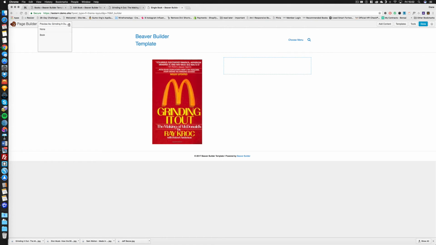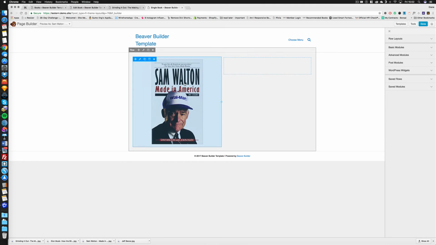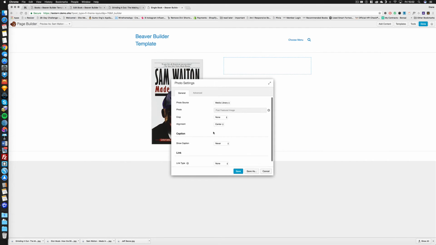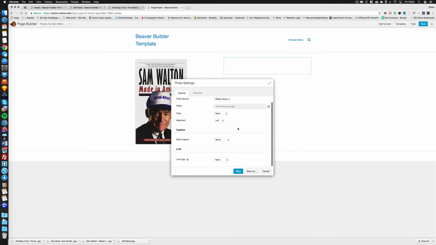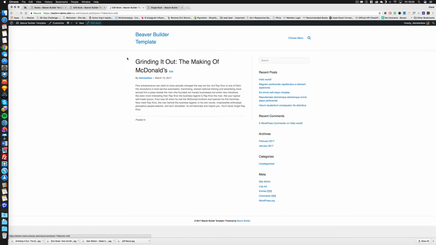Anyway, so if I click here where it says preview as, and I click on book, I'll be able to click whichever book custom post type, and it's going to show me the example of how it's going to look here. Okay, so I can now align that to the left if I need to, and I can save that. So the next thing, if I just click back here,